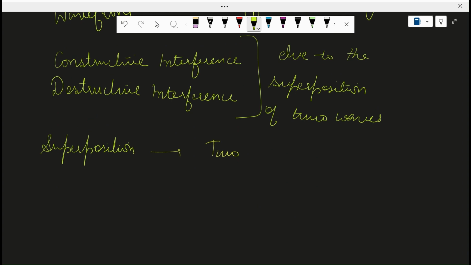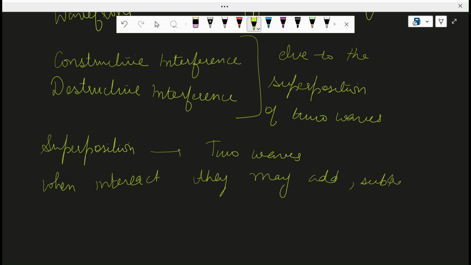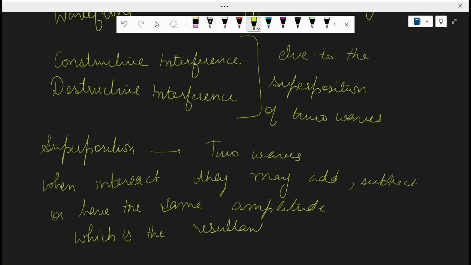Two waves, when they interfere, or we can say simply interact, they may add, subtract, right, or have the same amplitude, which is the resultant amplitude